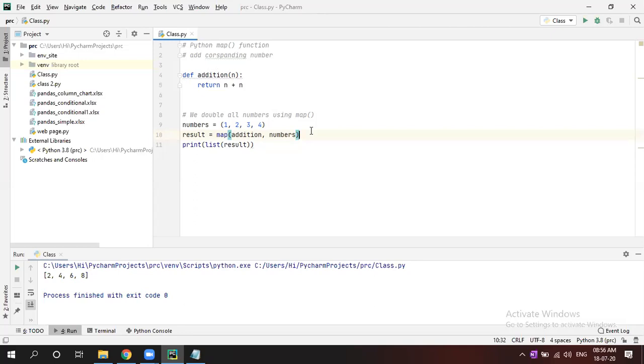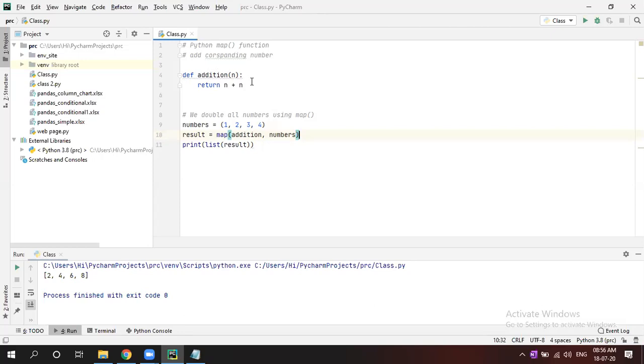What is the syntax of map? Let's say first you have to take a number equal to 1, 2, 3, 4. Now the result equals map and addition. Here you have to write your program. This program you can write in a lambda function, or you can create a user defined function. So now for the addition, I have created a function def addition n plus 1, comma, you have to give the input as a number.